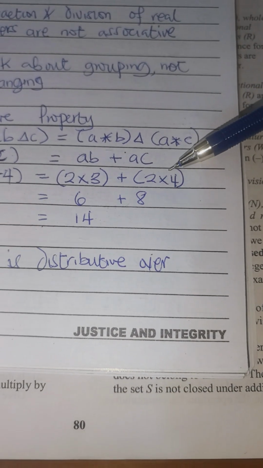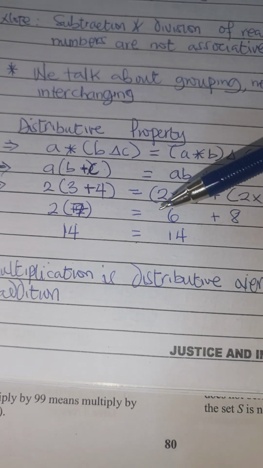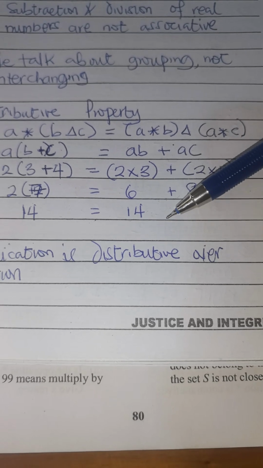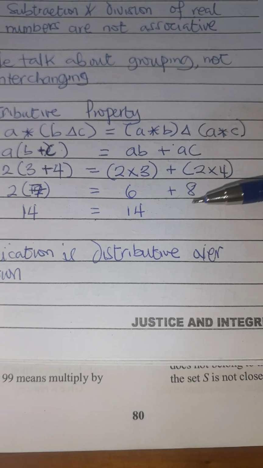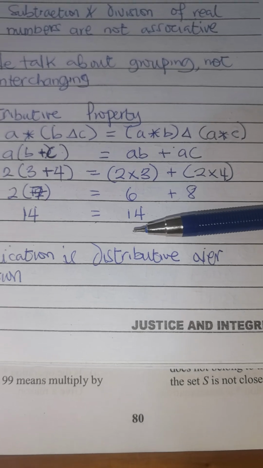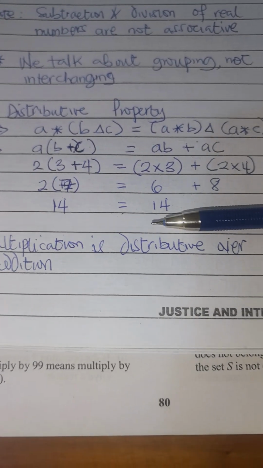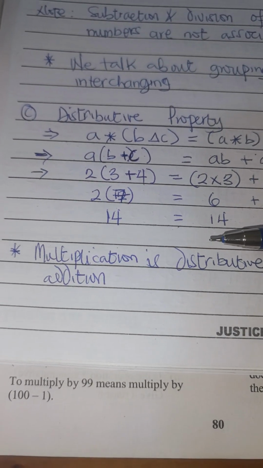You see 2 by 4. After doing that, you realize that the answers are the same, 14 and 14. So what it means is that multiplication is distributive over addition. After distributing it, after moving things around,